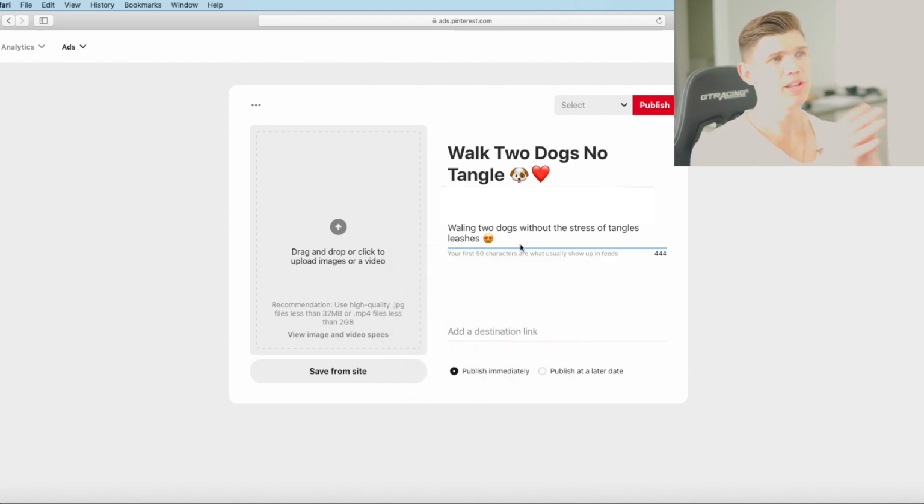Okay. So something catchy. So it's like, walk two dogs, no tangle. So it's like, whoa, walk two dogs, no tangle. I always have my dog leashes tangling. Oh my God. So that catches their attention. It has a cute little dog, really fires them up. Then it's a little bit more detail, right? As we come in here, walking two dogs without the stress of tangled